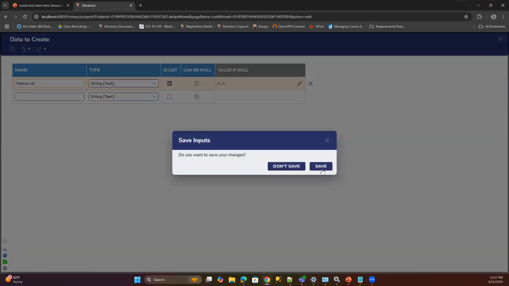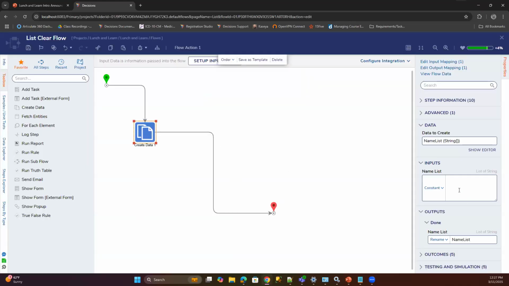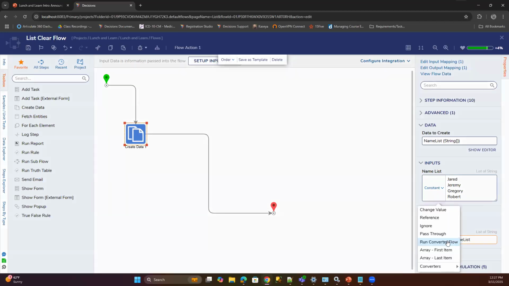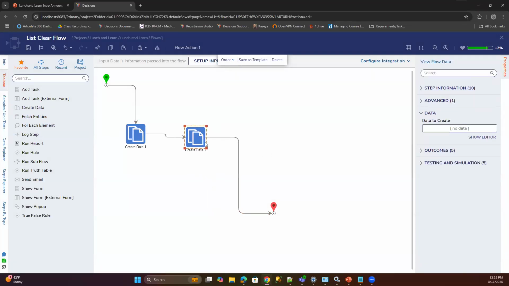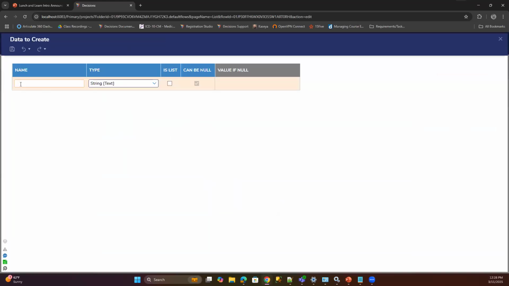Right, so let's just say I have this list of names coming through, and it's got Jared and some other names on it, right? I have that list coming in from something. And then let's say for some reason I want to still use this list, but I want that list to be empty. There are a couple things you can do. We've got change value. You can have another step change the value to a cleared list, for example. Declaring something with the same name.